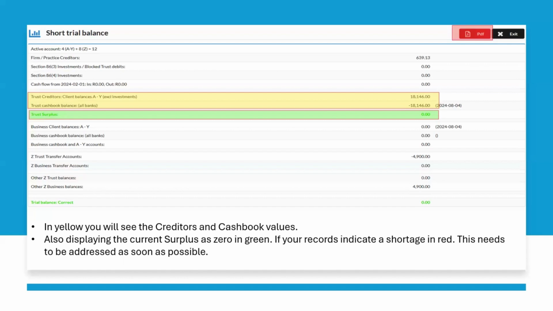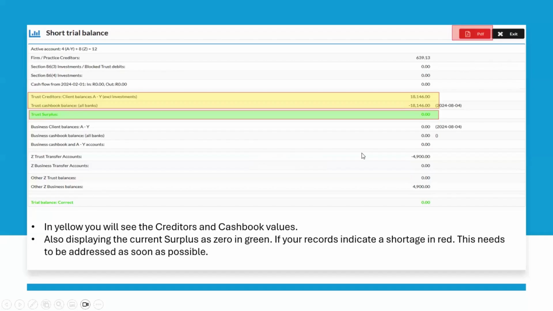Okay, so if you are seeing a shortage there, please get your consultant on the line so that we can try and figure out that shortage before the 28th of Feb. Because if there is a real shortage where I have paid money out of the file, where I did not have the funds, or something went wrong with an investment, we need to address that now. So we can still pay money into the trust account to rectify, or we can make sure that we guide you into the right line of work, or fixing it, to make sure that you don't have a short trial balance that is reflecting a shortage.